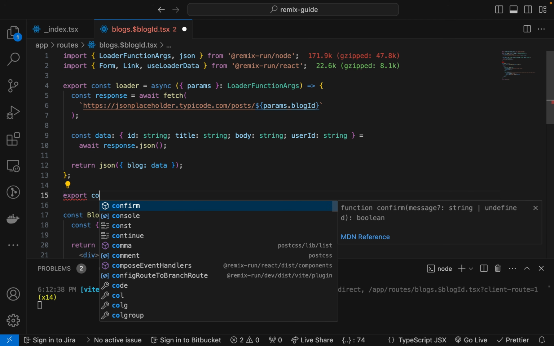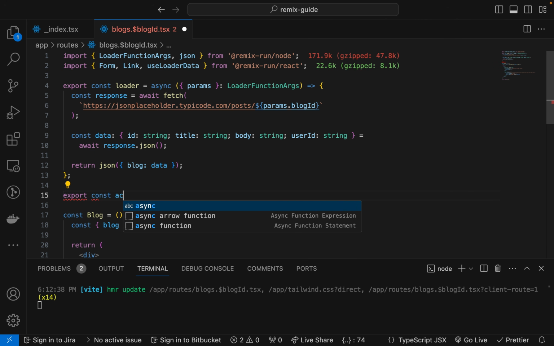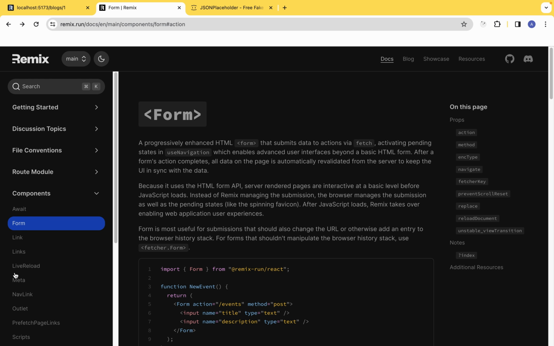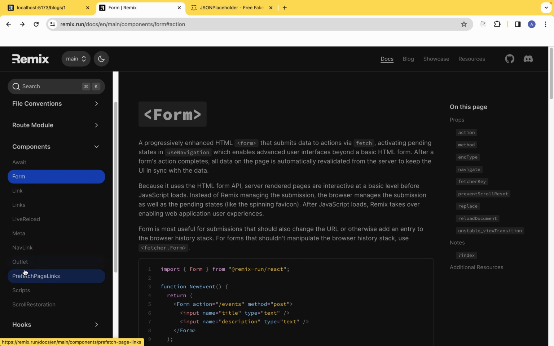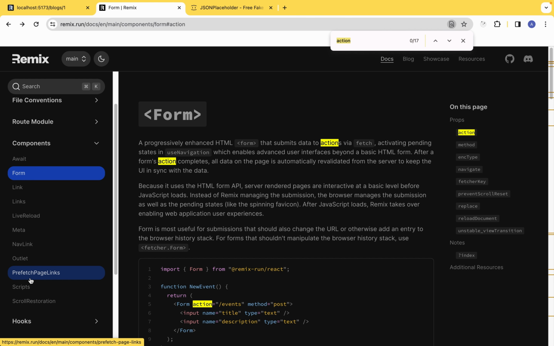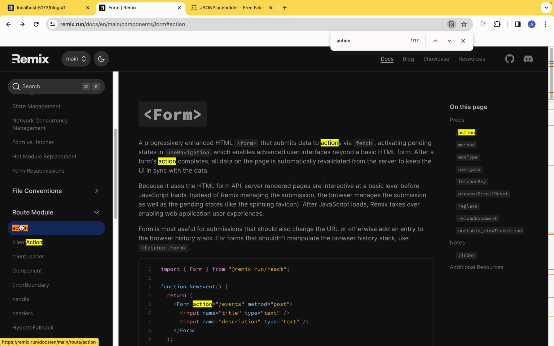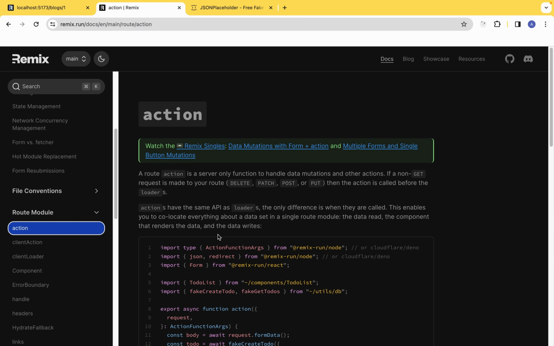a const action. Now I feel we can see this action here. Sorry, give me a second. If we come here where we have this, we should see action somewhere here. Let me quickly search for it. And yeah, route mutation action. Cool. So now we see the action, and here you can have a route action,